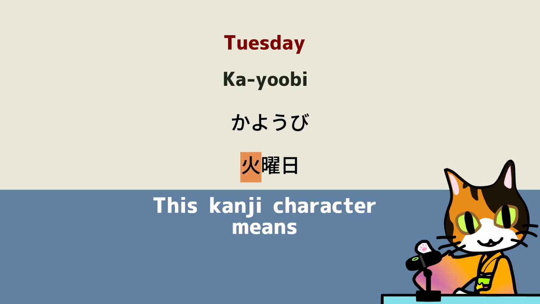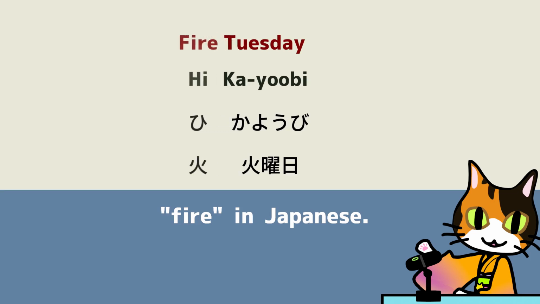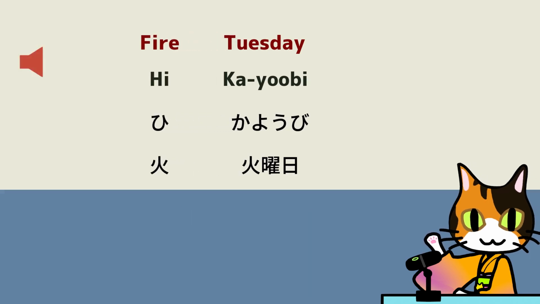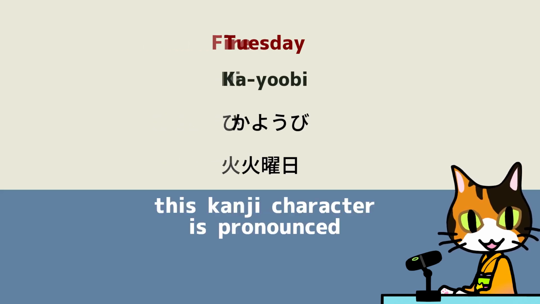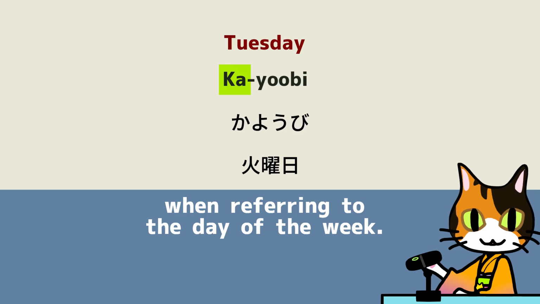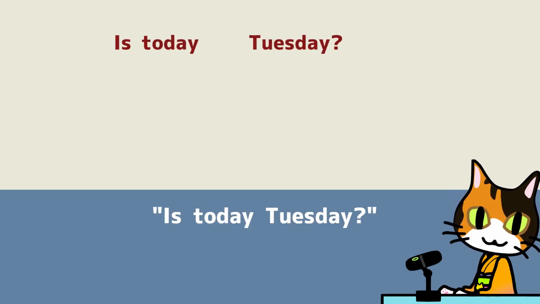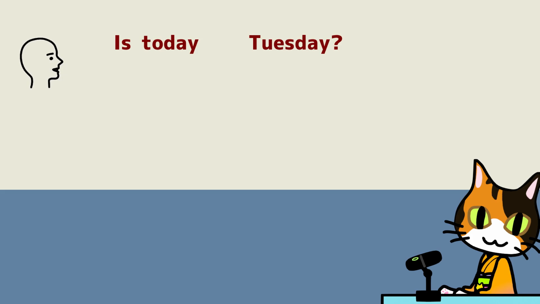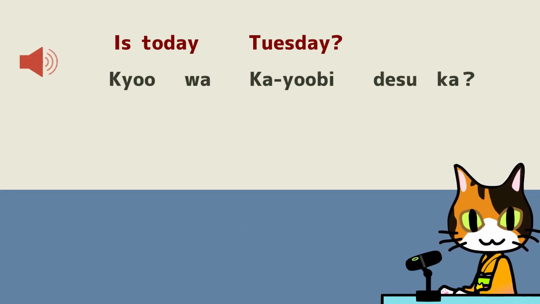This kanji character means fire. This is how you say fire in Japanese. 火。 However, this kanji character is pronounced ka when referring to the day of the week. So let's ask, is today Tuesday? Wonderful. 今日は火曜日ですか？